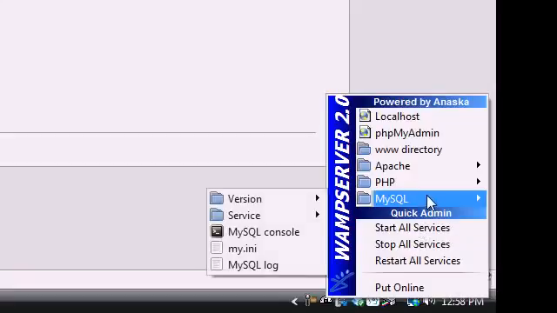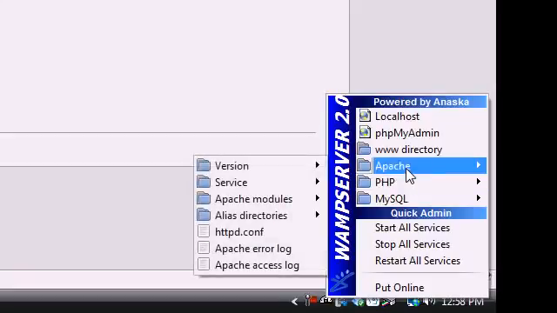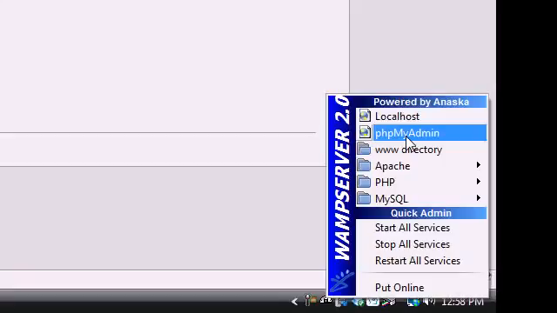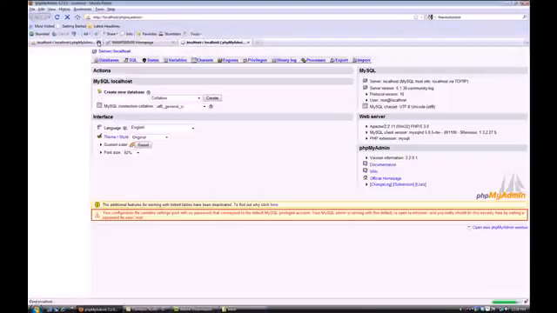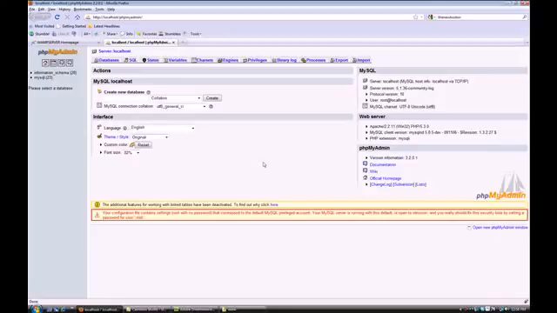You can see that it has a few options here that you can go check out. For the meantime, we're not going to worry about those. Everything that we need is installed on the initial install. So I'm just going to run through a few things as far as what is going to be useful to us. We're going to be using phpMyAdmin to administrate our MySQL database,